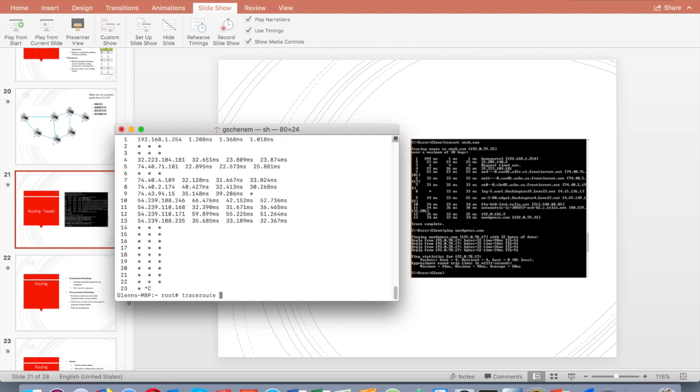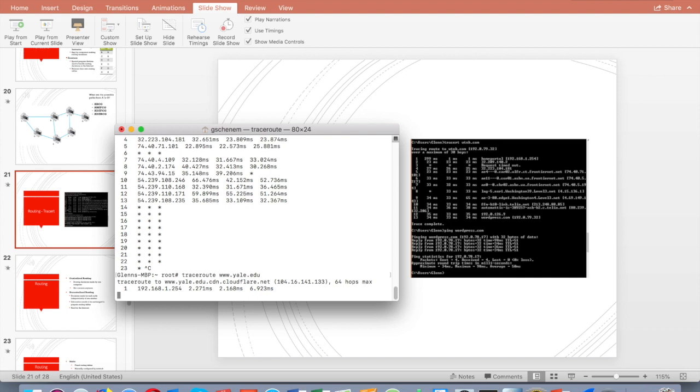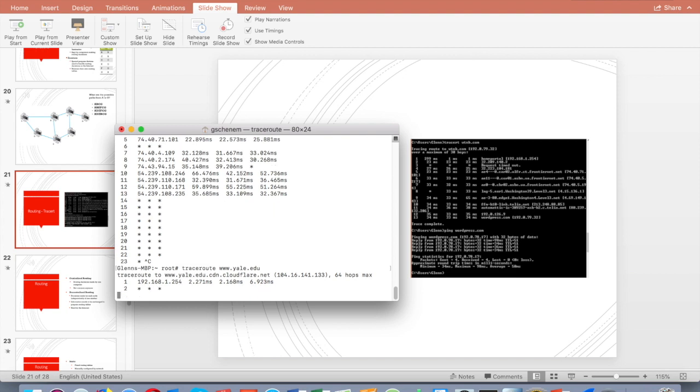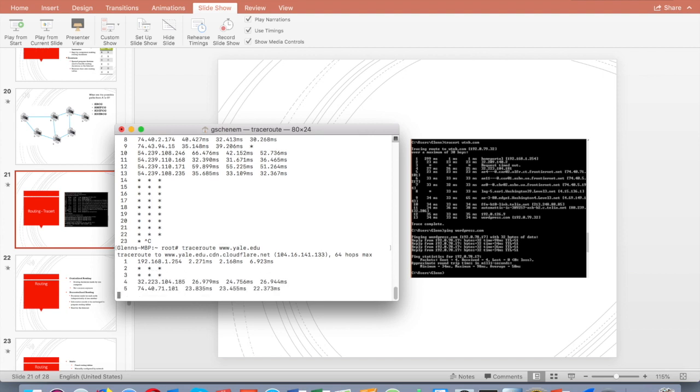Let's try traceroute www.albertus.edu. Or actually, I've done Albertus already. Let's do yale.edu. So trying to get out of my switch right now. There it goes.